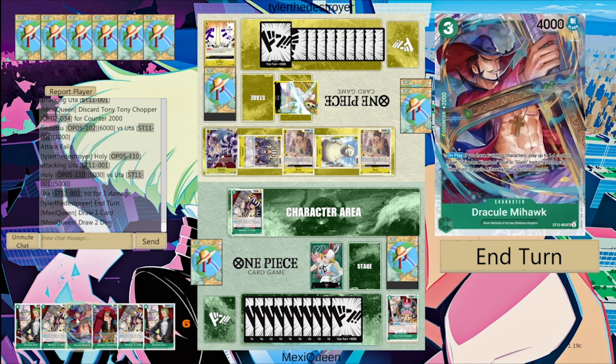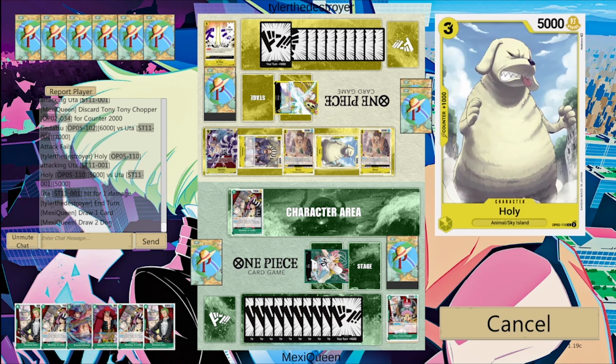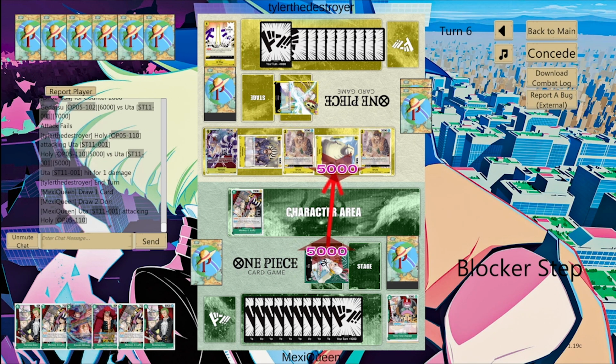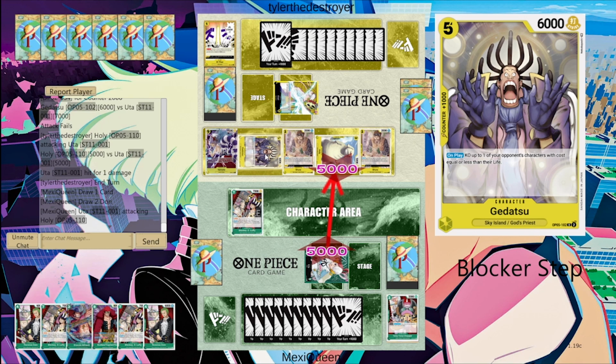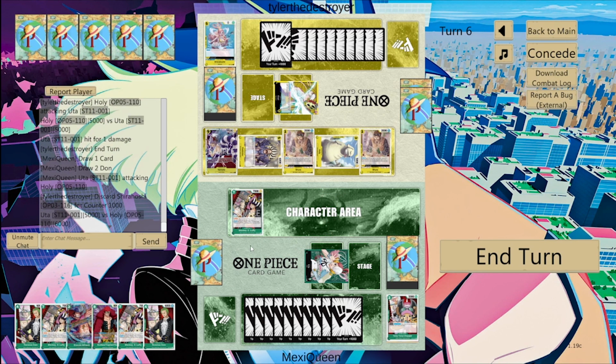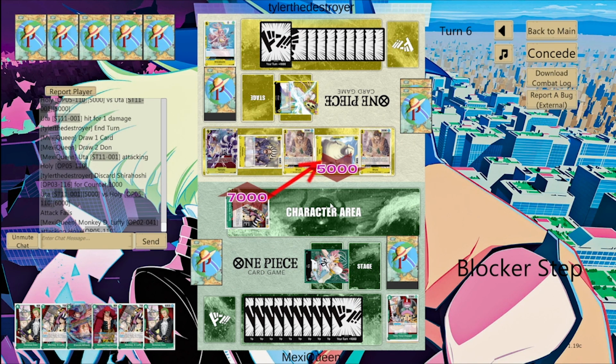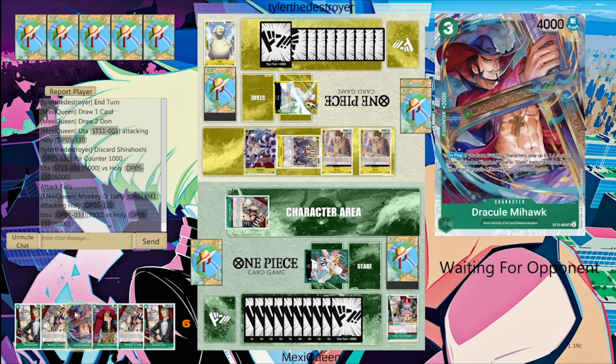Oh. I can flood the board right now. I can do this into this. If he wants to give it to me, that's fine. I have 10 Dawn. So I can swing into this. Okay, then I can do...